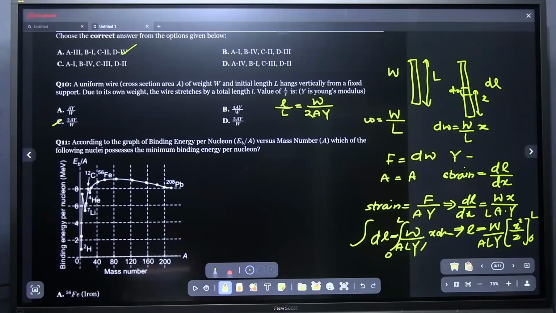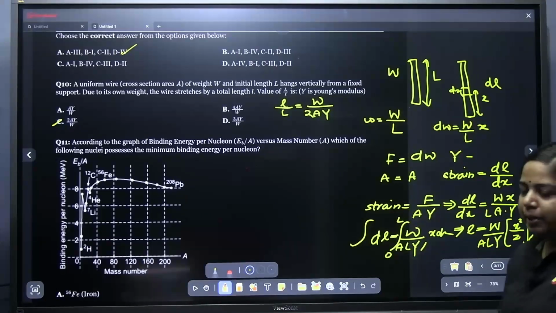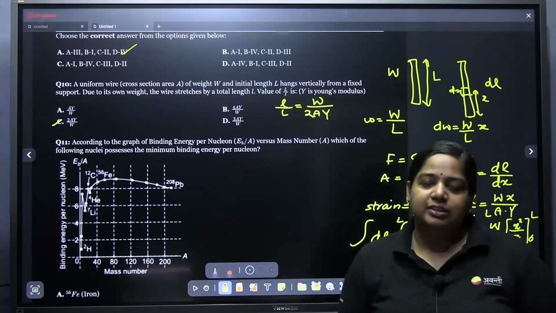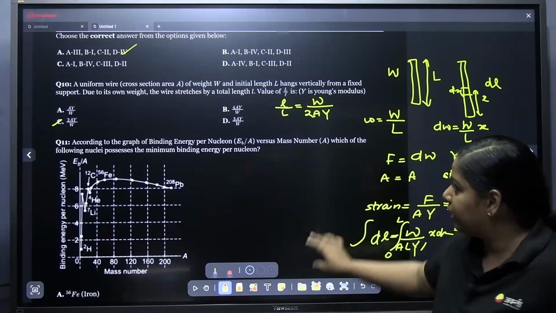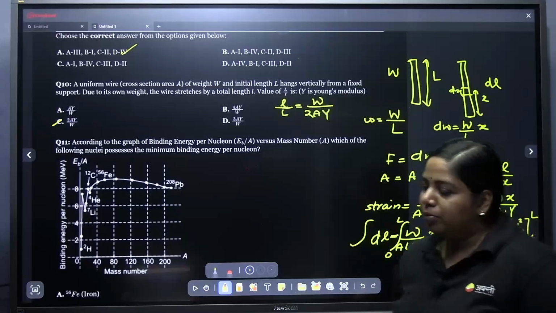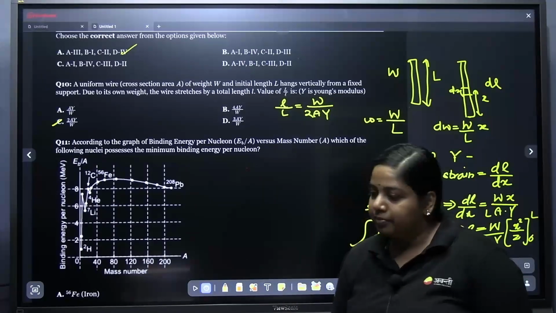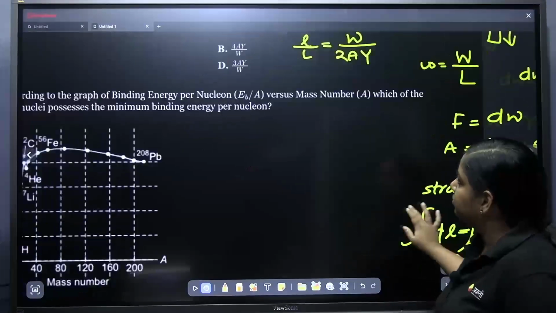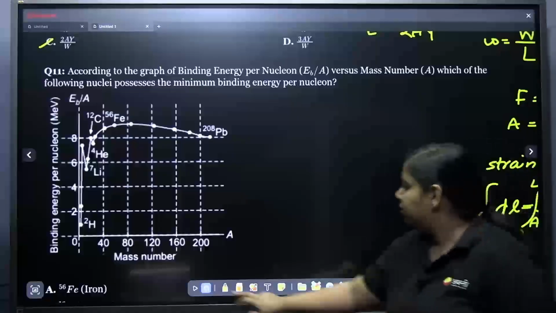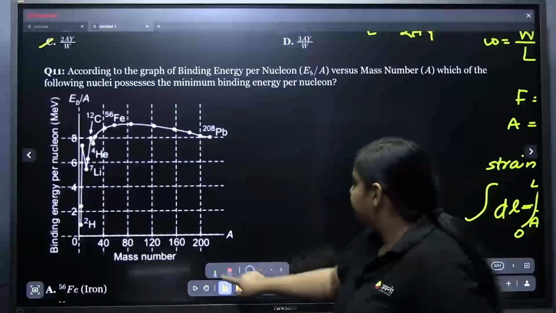Did you understand? It is a bit lengthy and you have to derive the whole equation. I wouldn't suggest this is the easiest question to solve. If you are not able to solve, just skip it. Okay. Can we move on then? Okay. Next